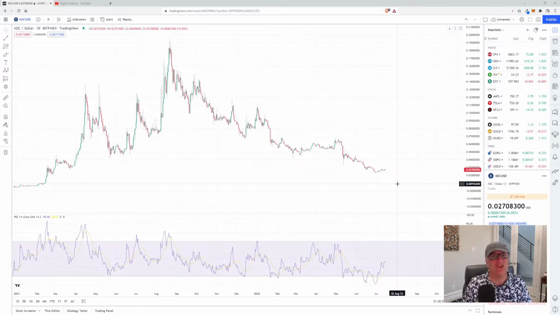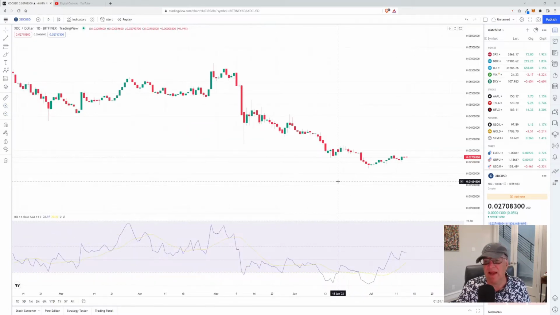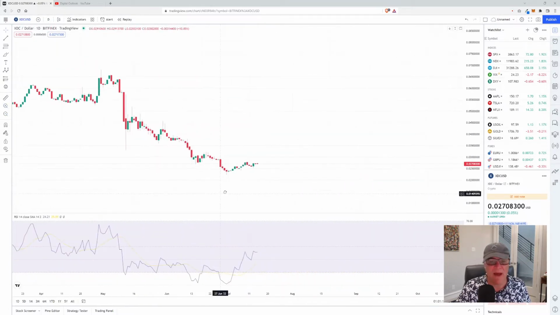Now, guys, in a traditional market, especially a bear market like this one, a 25% move in 2 weeks is an absolute phenomenal gain. And let me just show you what I'm talking about, because I'm going to zoom in to this area right in here. Take a look at this, guys. All right, let's move that back.